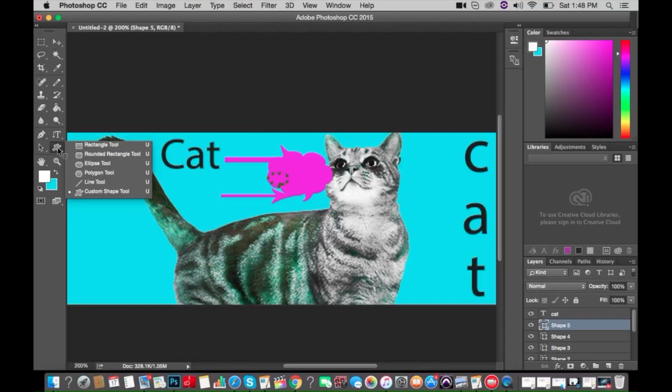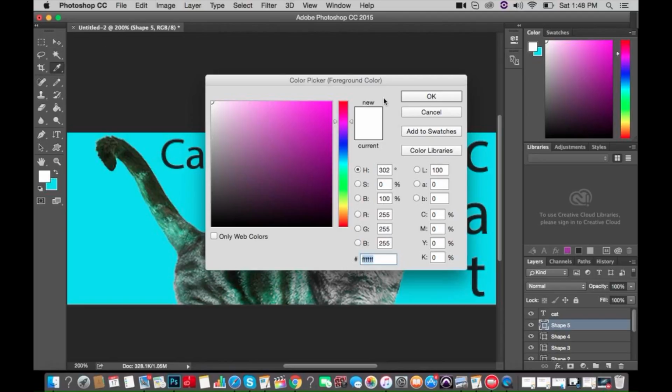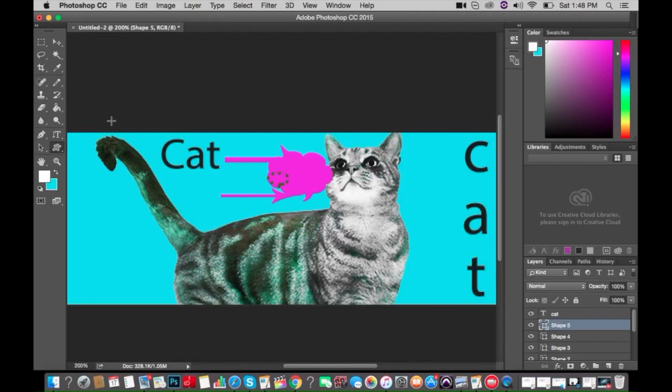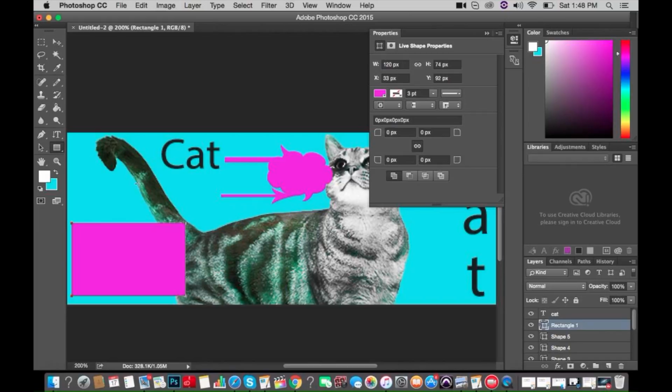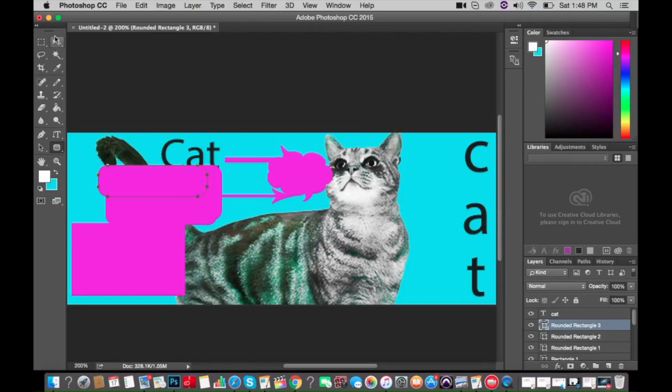If you go right here, white. If you go here, right click, it's the same exact thing for square. It's the same exact thing for round. You're probably thinking, why is it still coming out pink if you chose white? It's because I have the layers all out. So if I were to delete,